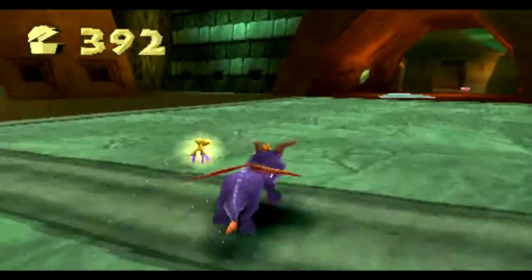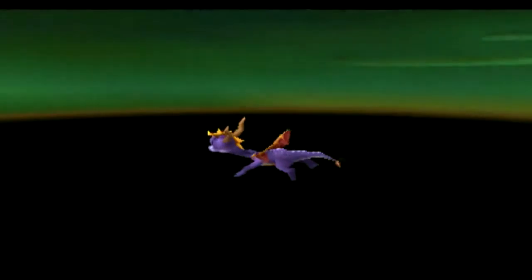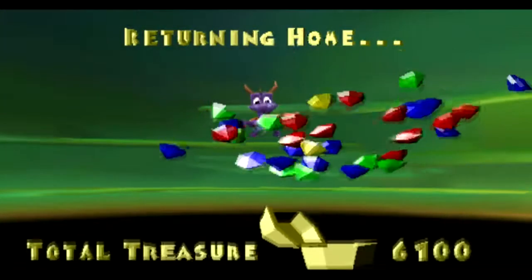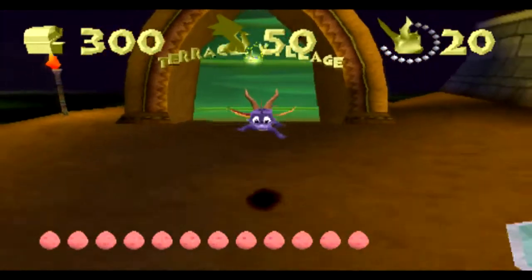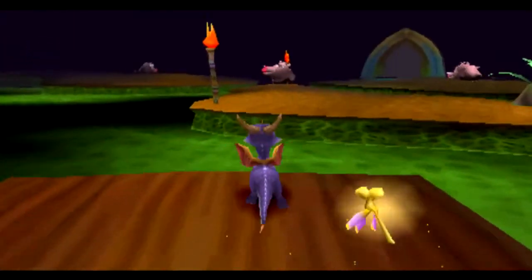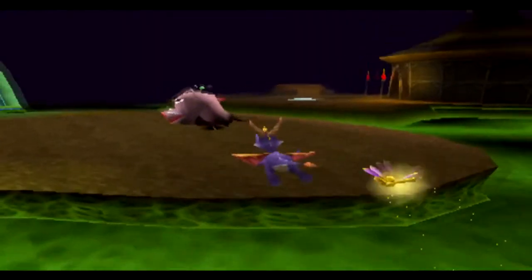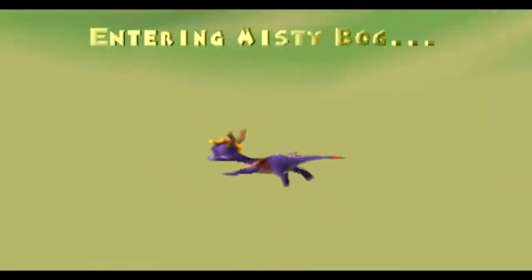Is that all of them? I think it is. It is, so we can just get out of here now. How are we doing on time? I think it's like 15 minutes into the video now. Yeah, I think we can do Misty Bog, actually. I just kicked my table again. Yeah, we've got time to do this, so we might as well do it. And then in the next episode, we can do Treetops and Metalhead, and then we'll be able to start on World 5 already, so...